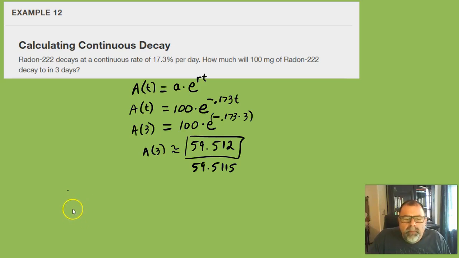Okay, that brings us to the end of the lesson. So again, make sure you practice, practice, practice. Go to the end of the exercise set in the book and do all the odds